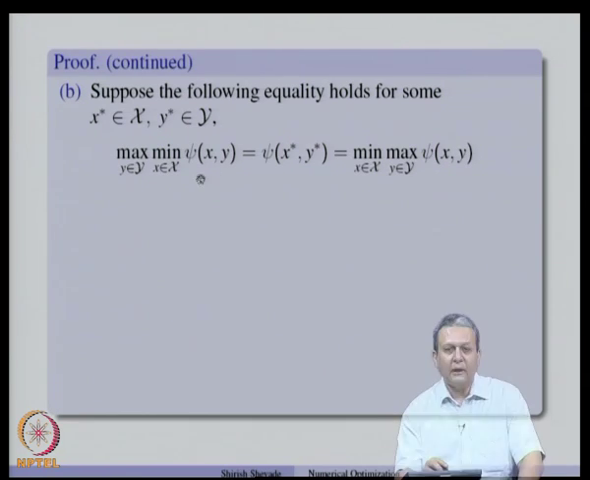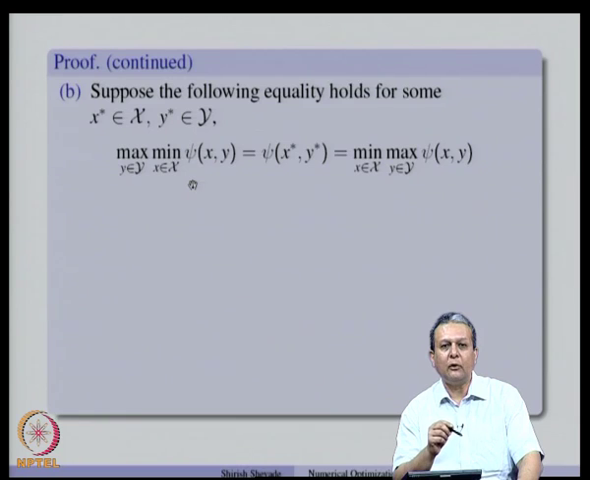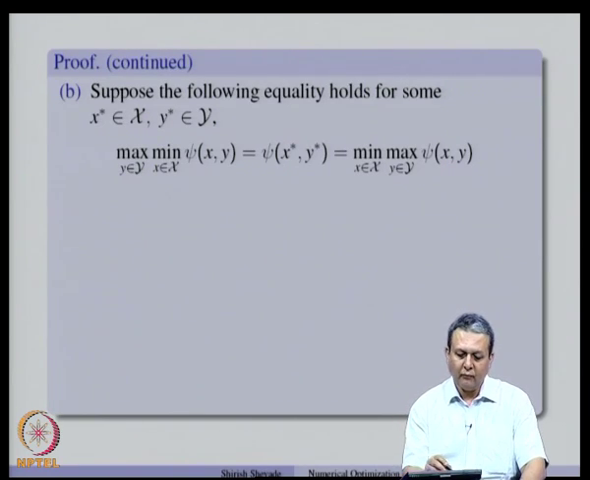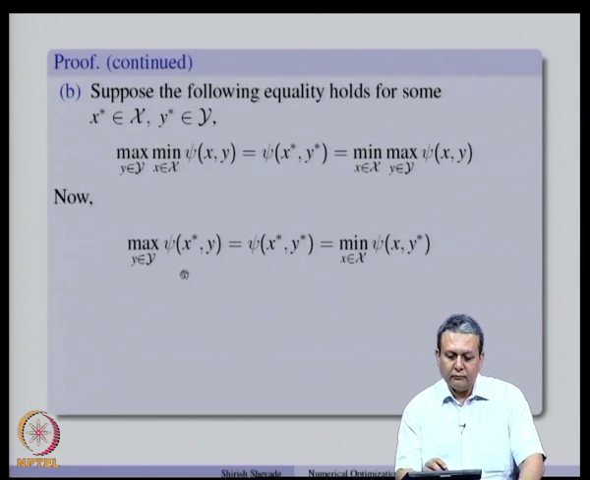we assume that the equality holds, and then we want to prove that x star y star is a saddle point. So, which means that it should satisfy the saddle point conditions. So, if we look at psi x star y star, it can be written as max of psi x star y over all possible y, and that is the same as min of psi x y star over x. And therefore,